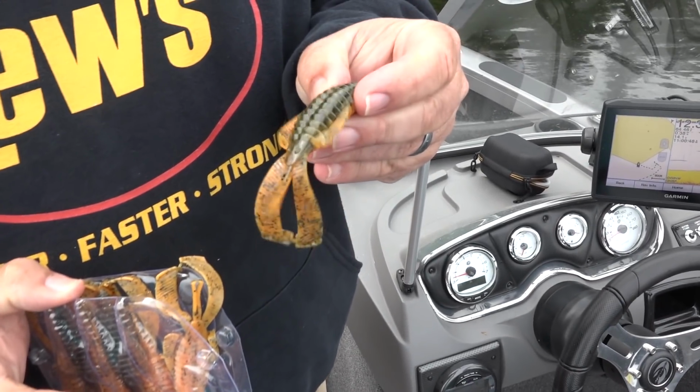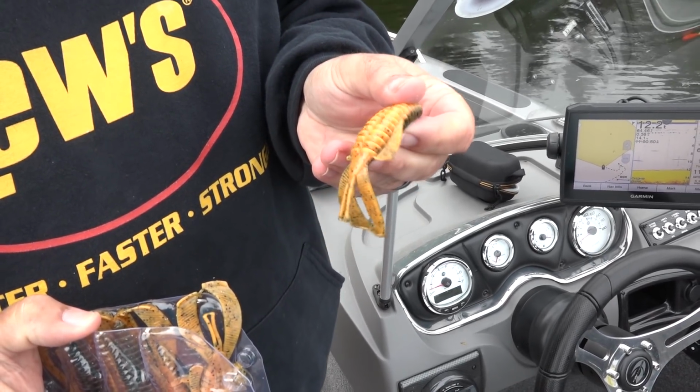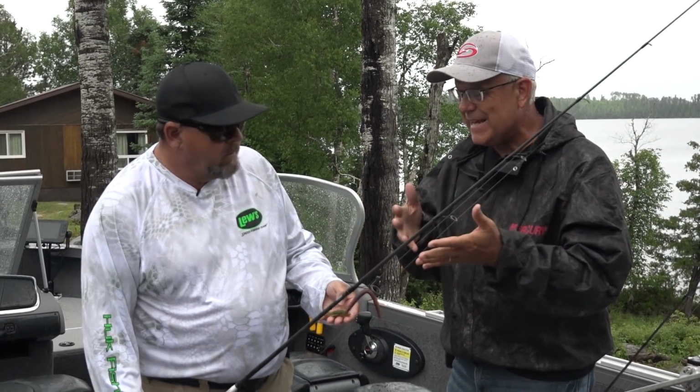And that orange and the green is the color of these crawfish up here. So it was a perfect imitation. This imitates a crawfish right here. Yeah, and you went deep and a little bit heavier with a football jig, and I stayed light because